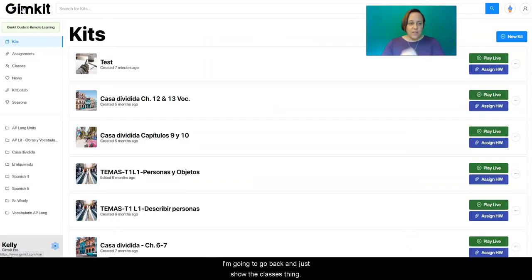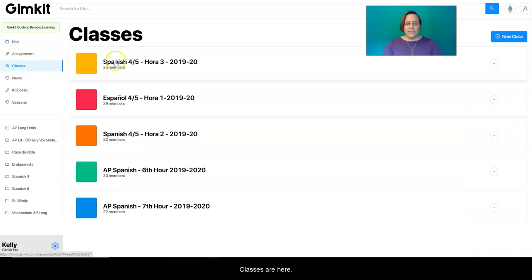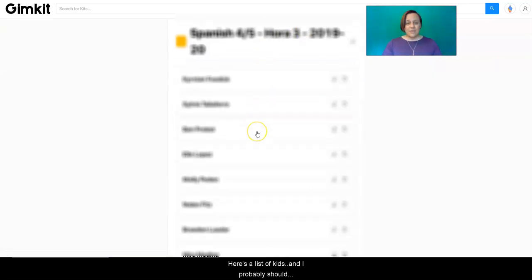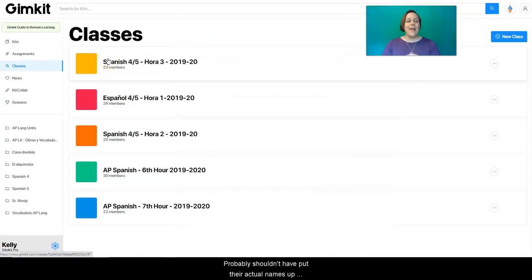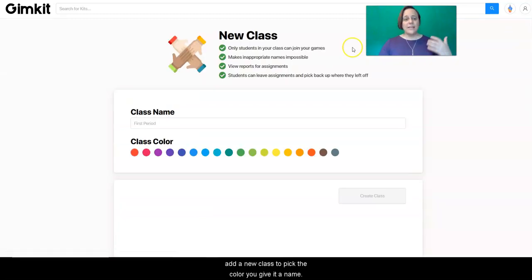I'm going to go back and just show the classes thing, which is over here. You can see assignments is on the left and classes. So classes are here. You can add a new class. You can edit the old classes. You can delete class. Here's a list of kids, and I probably shouldn't have put their actual names up there, but you do enter kids by their names. So when you add a new class, you pick the color, you give it a name, and then you actually add students to the class unless they've changed that